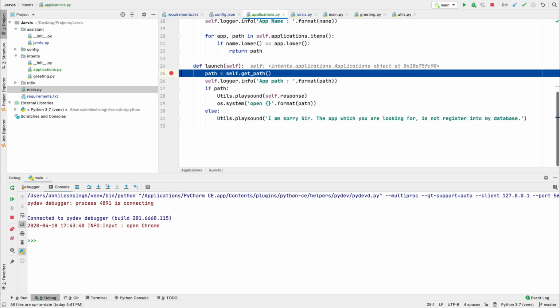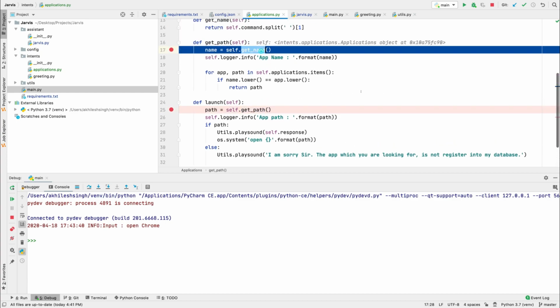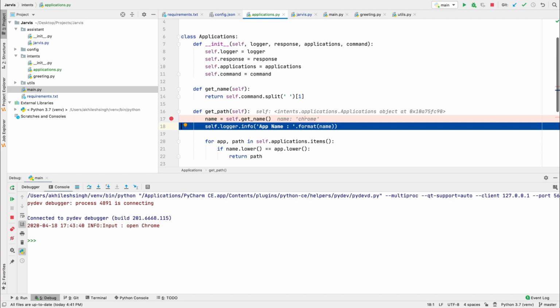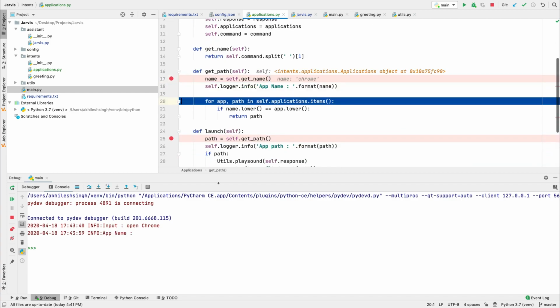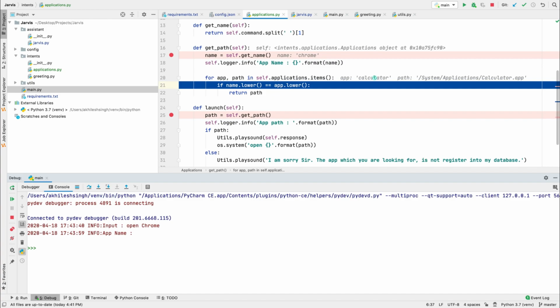And yes, first it will go to get path, and then it will go to get name, and in get name we got the Chrome. Okay, here I didn't give the dynamic sign, so that's why it is not here. So first we have the calculator, then we have the chess.